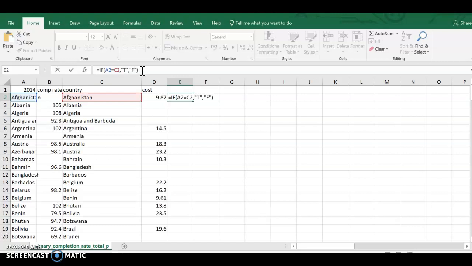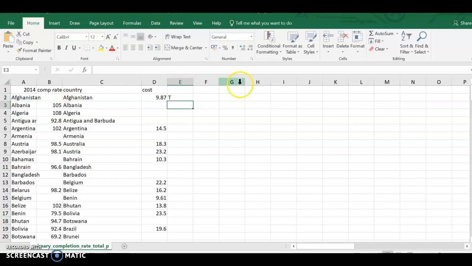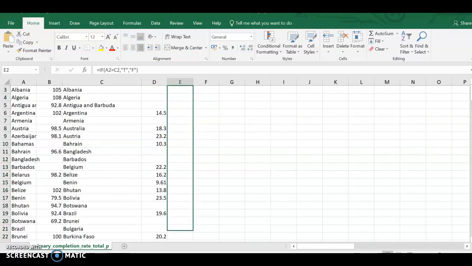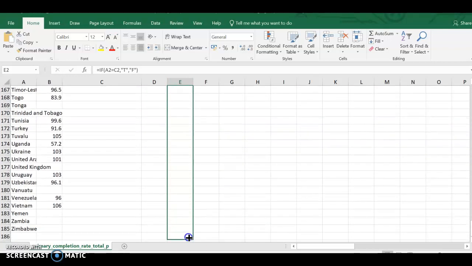Now when I did the lecture in class, I used 1s and 2s, but this should also work. So right now, if I hit enter, I'm hopeful that it will give me a T. Let's see. It gives me a T. So the other thing I'm going to do, I'll highlight this and move it over to the other side so that it's far away, so it's not getting mixed up with the numbers. So I copy that cell and I drag it all the way down to the bottom,